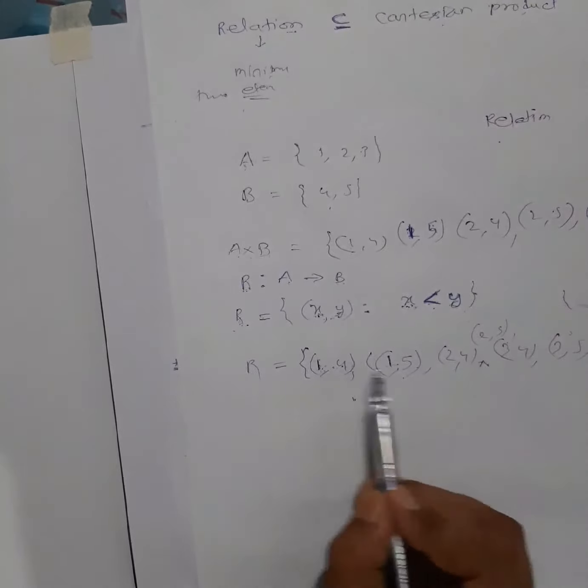But when I wrote this set, I was not thinking about any relation. Simply I am making pairs like this, all possible pairs, where in each pair the first element will be from the first set and the second element from the second set. Then how have I defined the relation? A relation from A to B, if I draw a diagram, there is a visual representation also. This is called the arrow diagram of the relation set.